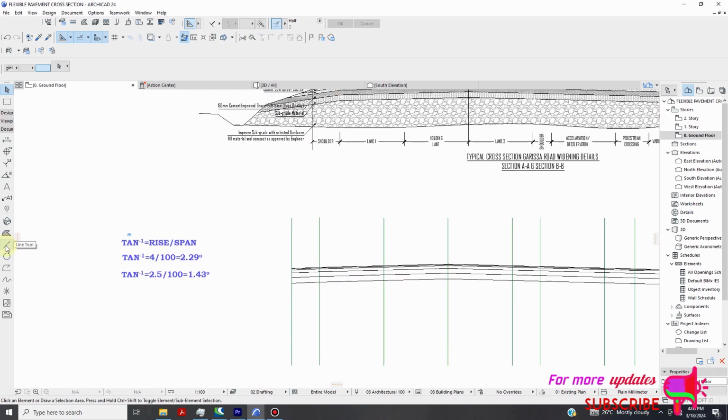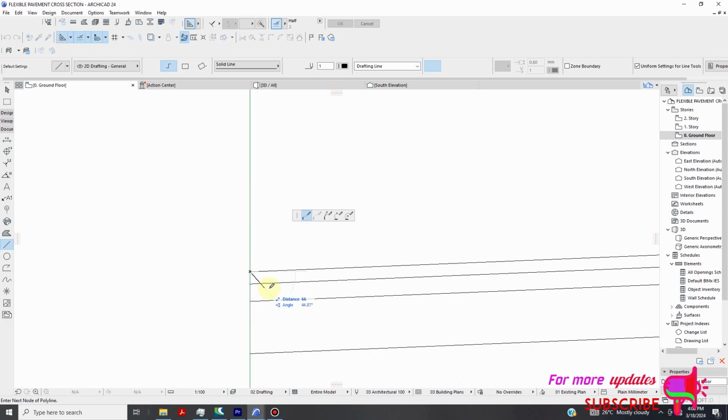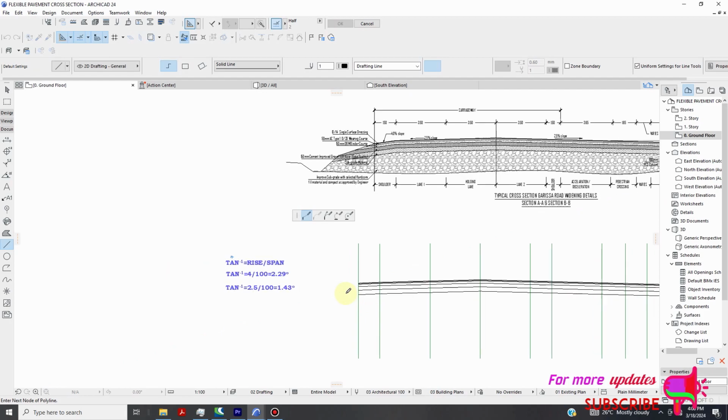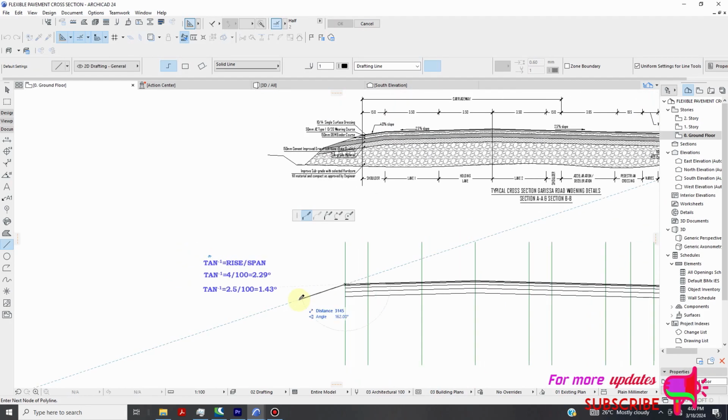Then just by 18, shift D, 18, zoom in and out. I'll go up to such a point,